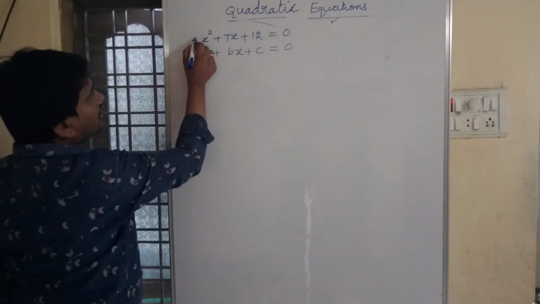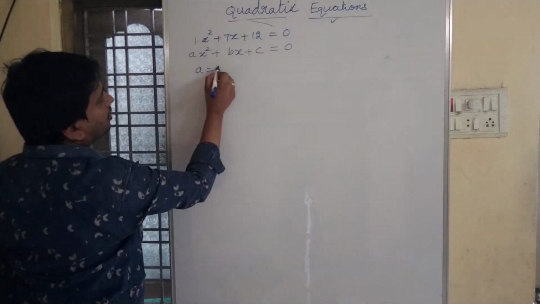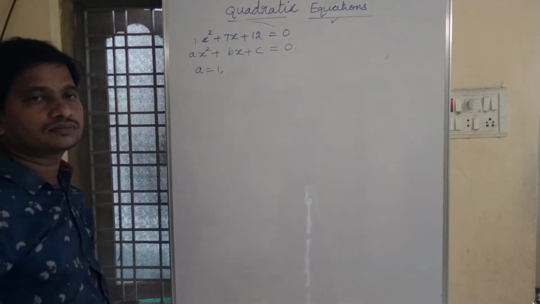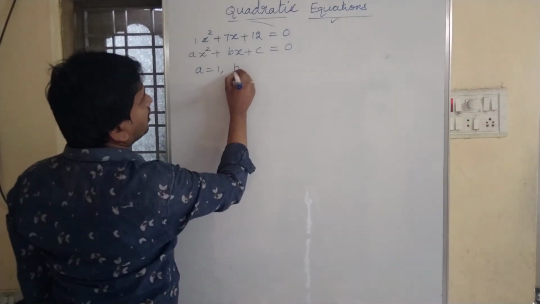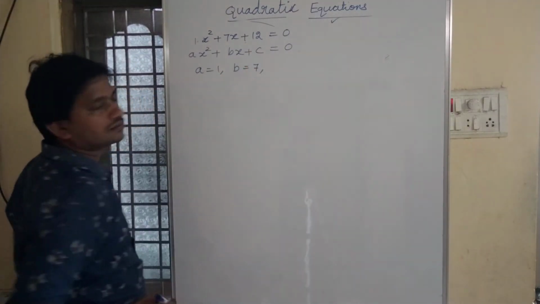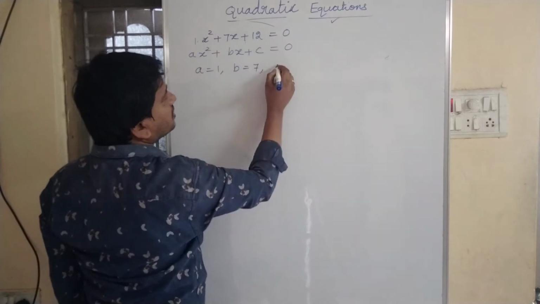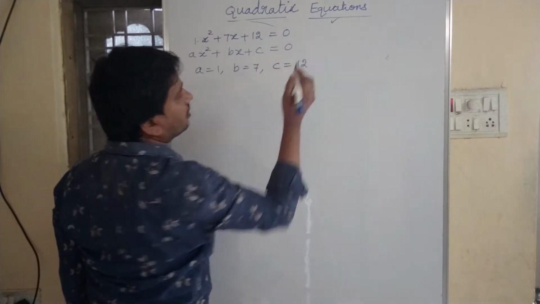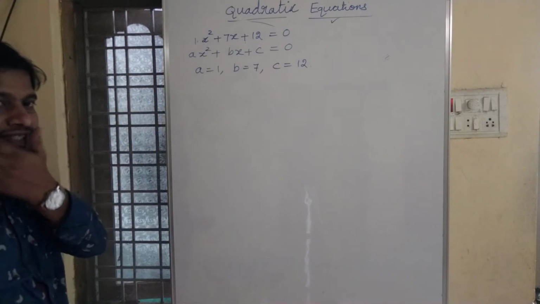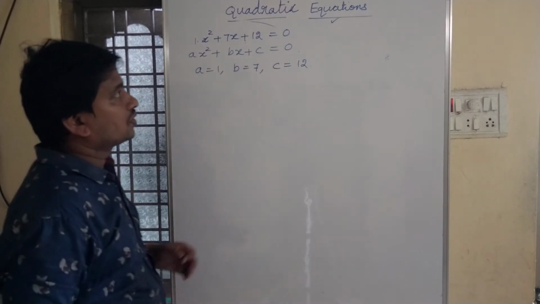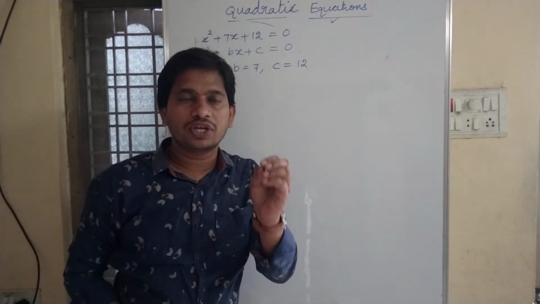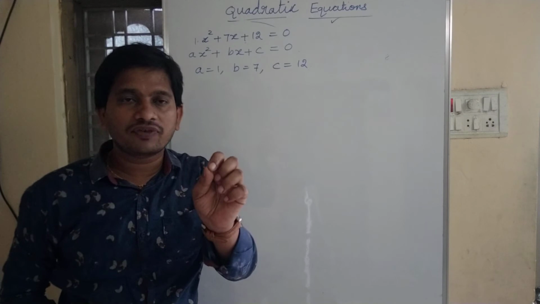Okay children, here nothing means 1. What is the value of a? a value is 1. And what is the value of b? Here the value of b is 7. And what is the value of c? Here the value of c is 12. Right? So to find the roots of the quadratic equation by using the quadratic formula,